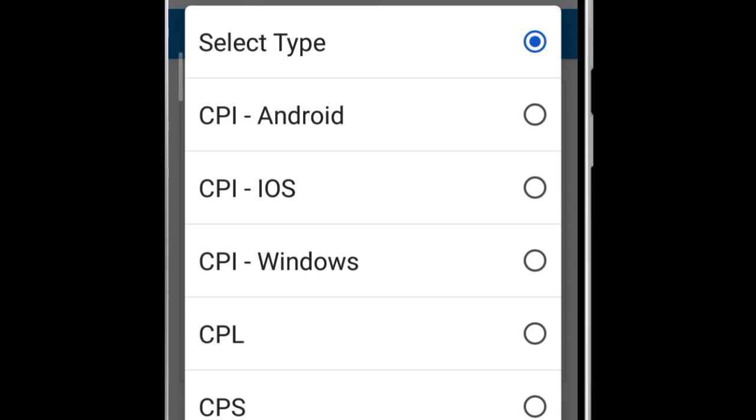There is no such CPC, that means cost per click or commission per click. Sorry, CPC is actually a Google AdWords term. It represents cost per click, but here, commission per click, no such campaign is there. I think it should be, because if Google is charging an advertiser on a CPC basis, obviously we also can charge a commission for driving clicks, right? So I would recommend Qlinks to enable these CPC campaigns, that means commission per click campaigns.